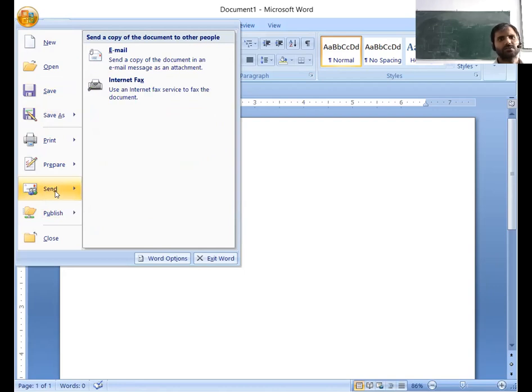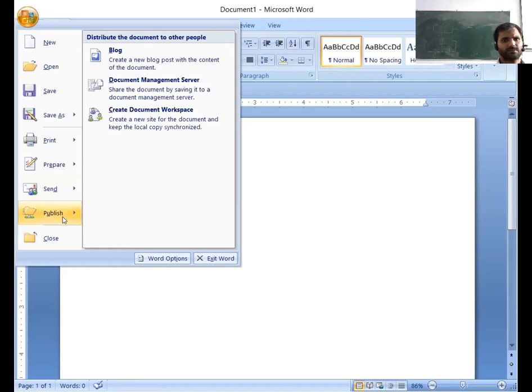In the send, you can choose to email your created document. There are also publish and close options. At the publish, you can publish your document to a workspace or a server, and close, if you close, your application will be closed.